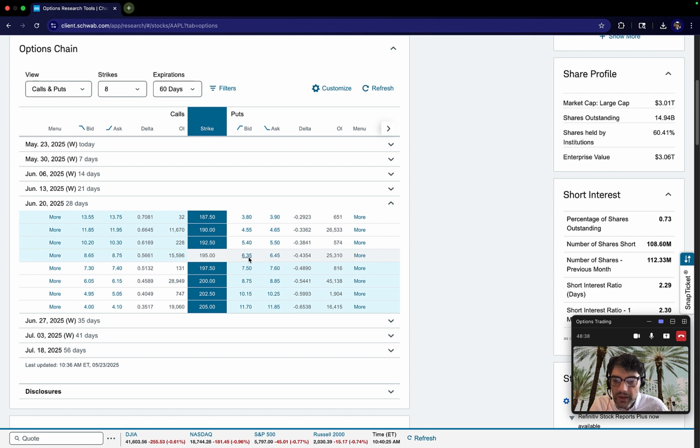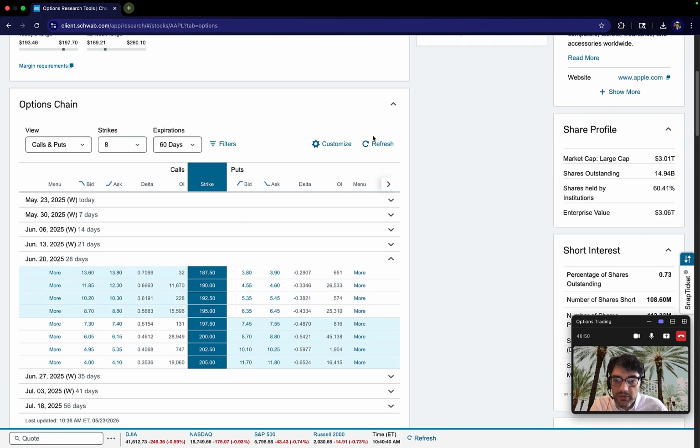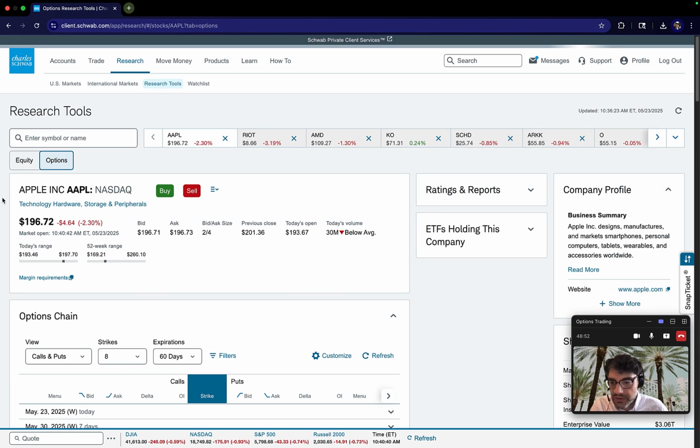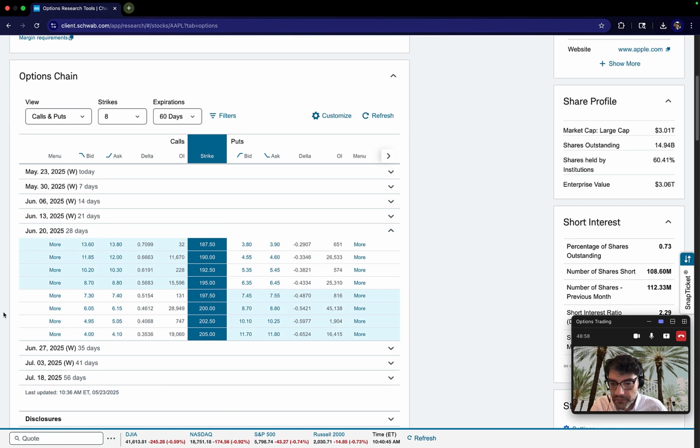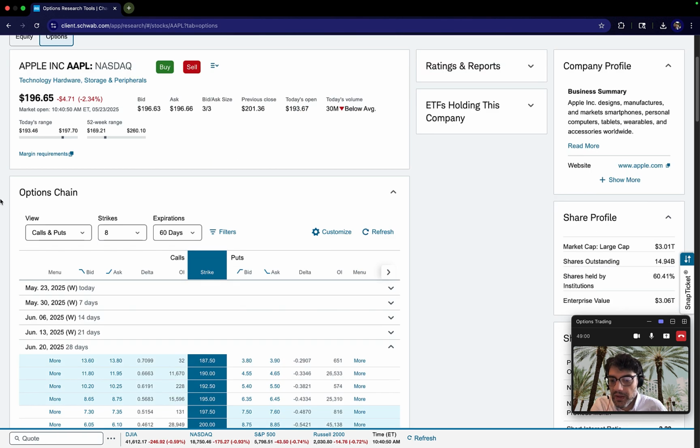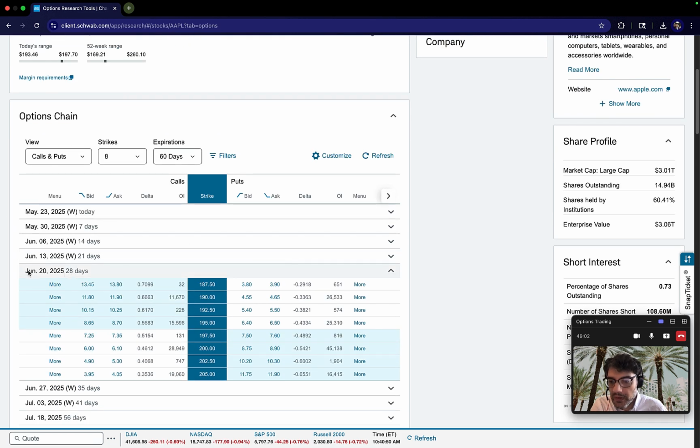So I don't want to buy this one, but I do want to get this at a little bit of a discount. So I'm going to choose the 190. That means that if the price goes down from the time that I sell it, which is today, down to 190 by June 20th, which is 28 days from now,